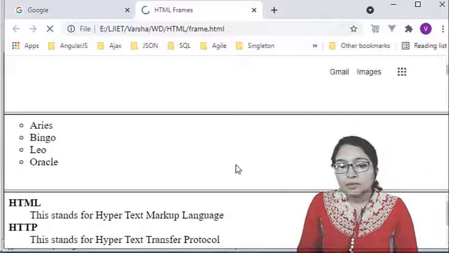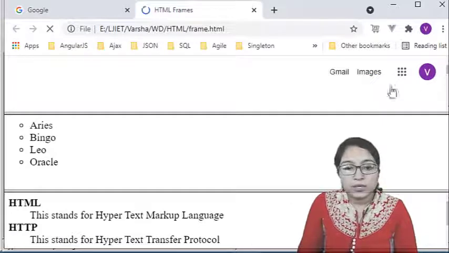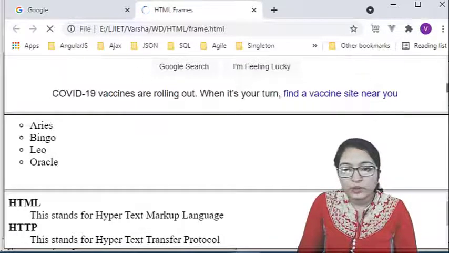So here you can see these 3 pages are displayed over here in a vertical arrangement. Here you can see first it is a Google web page, and after that this is the unordered list that I have typed, soccer.